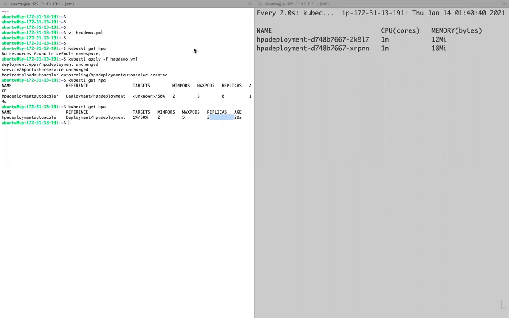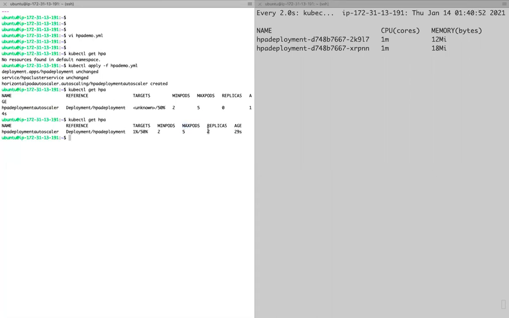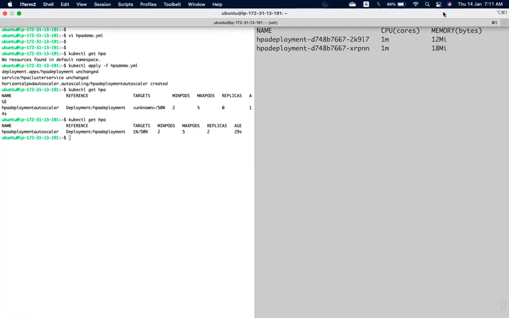Currently, how many replicas are there? Now you have minimum 2 pods, maximum 5 pods, right? When will I get a third pod, a third replica? What is the average currently? 1 plus 1, 2 by this replicas, 1%. There is no load as of now, right?